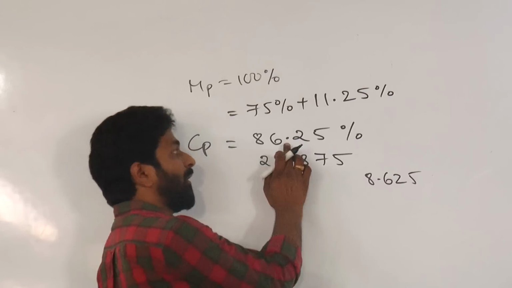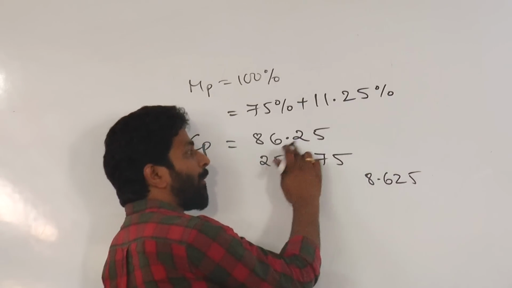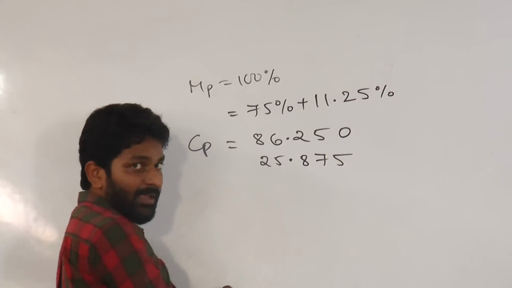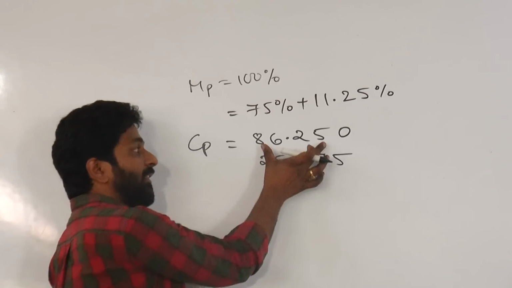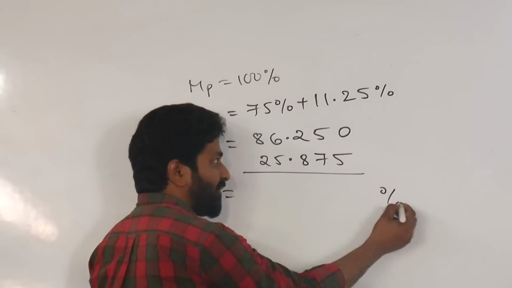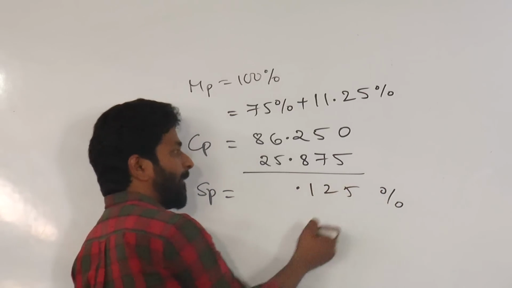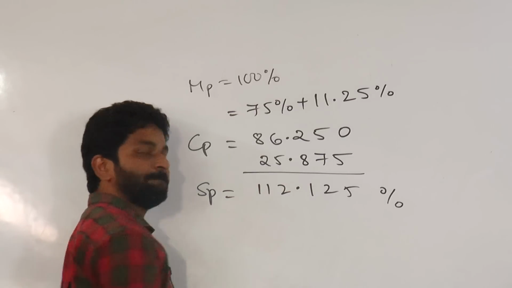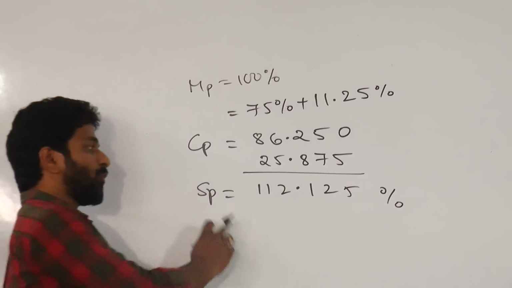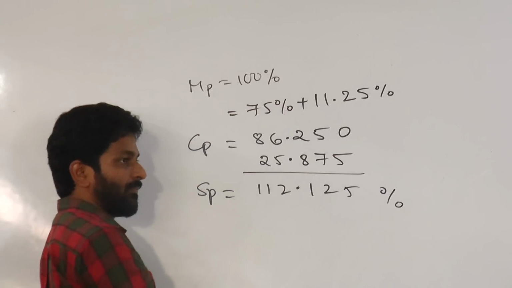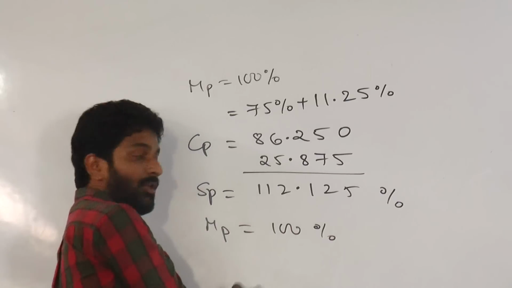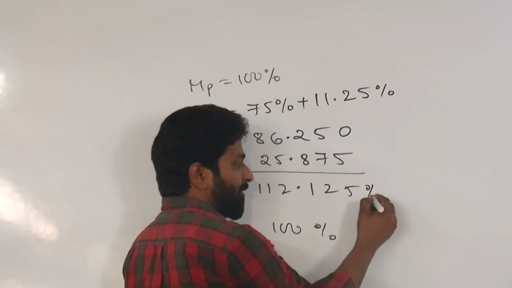Clear everybody? I can treat this as 0.25 or 0.250. This is cost price of the item and he sold it at a gain of 30%. 30% of this number is this much, and total selling price in terms of percentage is going to be 0.125 here and then 112 here. Right? He sold it at 112.125%. He asked about market price. Market price of the item is 100%. You are given selling price of the item. In terms of percentage it is